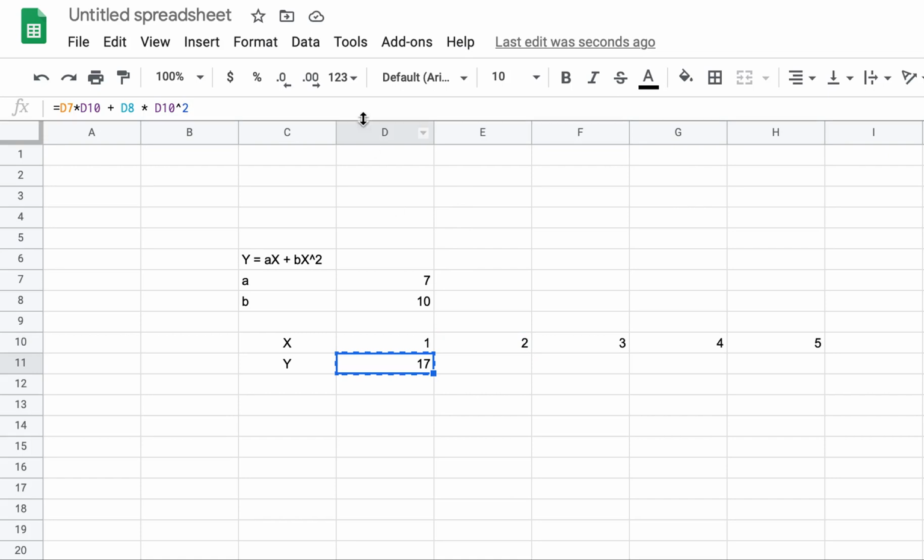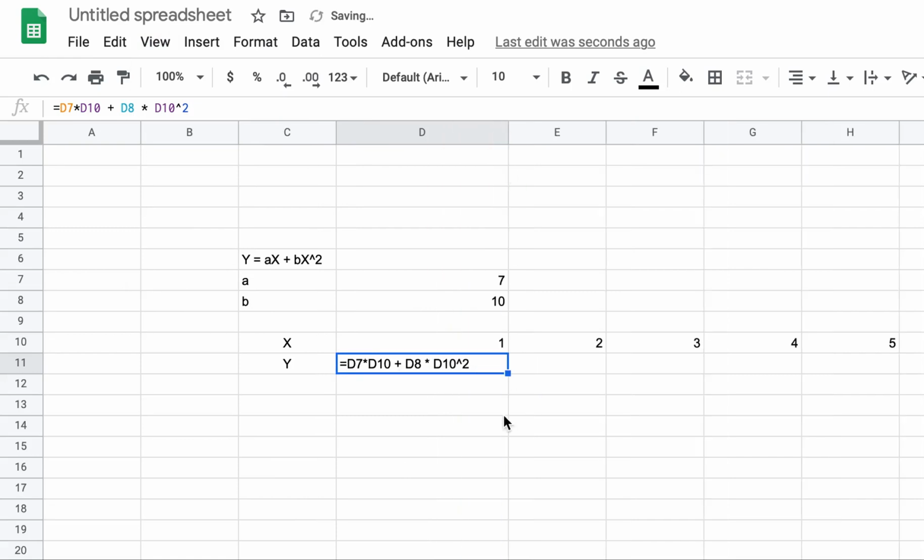All the references that you see here, let me show you the formula. And let me widen this a bit so that I can see the full formula. There are many references in this, cell references. So 2 is a value, but then D7, D10, D8, D10, all are references. When I am going across in one row, what will it do to these references? It will apply its standard rule. It will say that for all these I will not change the row number, I will only change the column number. So what will happen? 7, 10, 8, 10 will remain the same, but all the D's will become E's.